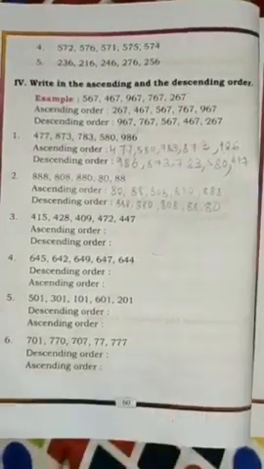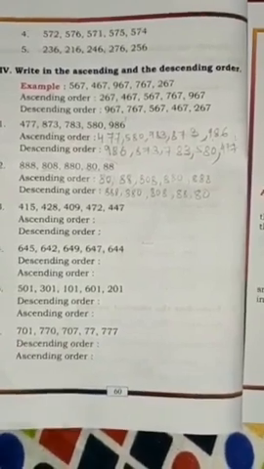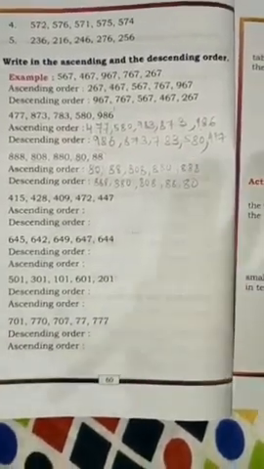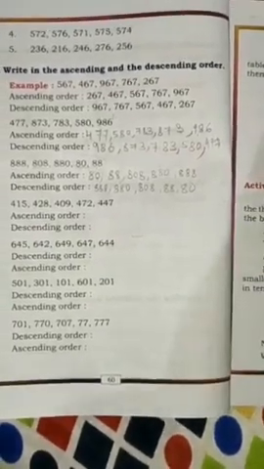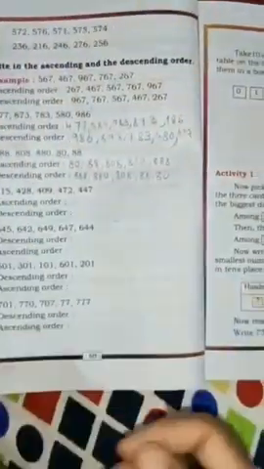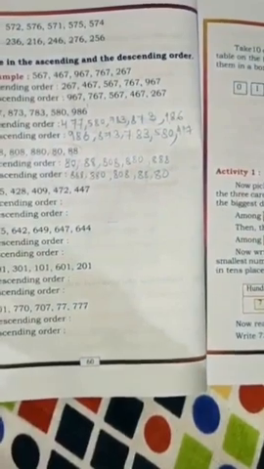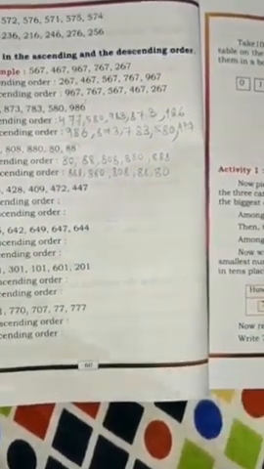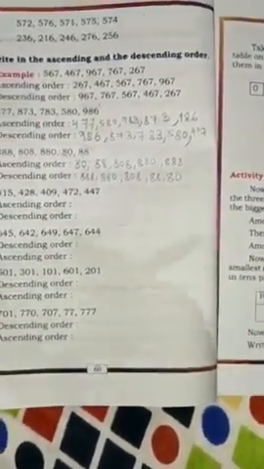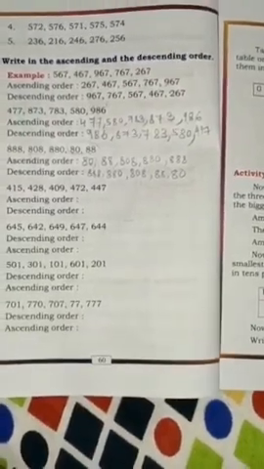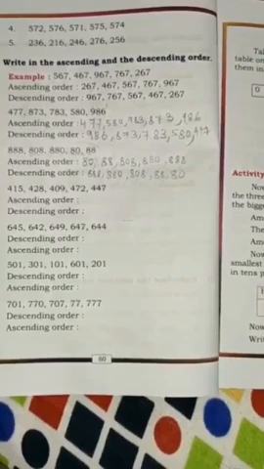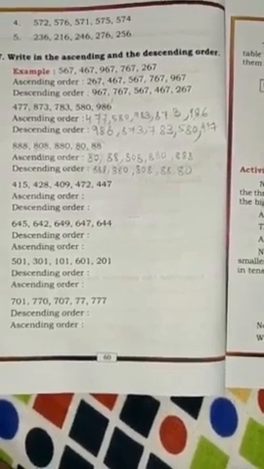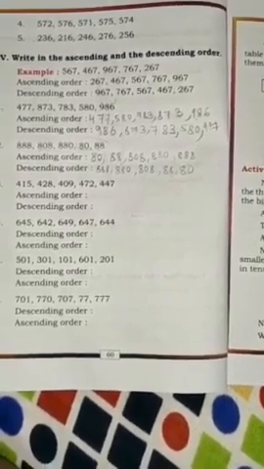So children, today you have learned the numbers which come after, the numbers which come before, and the between numbers, right? And next you have learned which is the biggest number, how to write the biggest number and how to write the smallest number, then how to write the ascending and the descending order. Okay. Hope you all understood all these concepts very well, children.